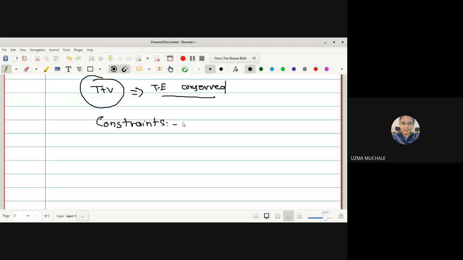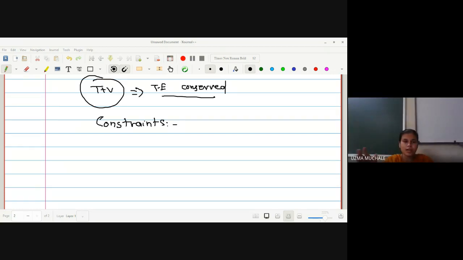So what are constraints? Simply, these are restrictions on the motion of a particle. What do you mean by motion of a particle? Suppose, as we discussed just now, you are traveling somewhere, there are so many restrictions. It may be an issue of petrol, it may be an issue of the road where you are going, it may be any problem like a lockdown. What are these types of problems?